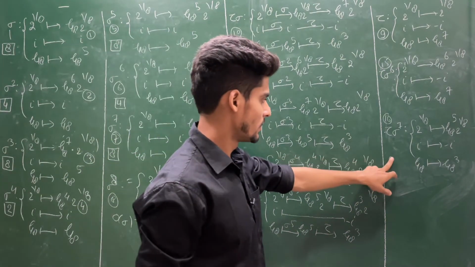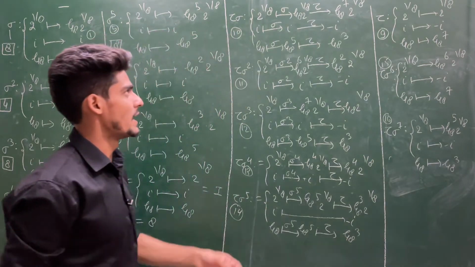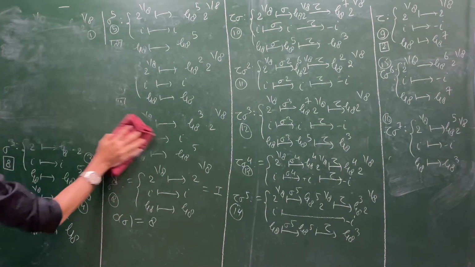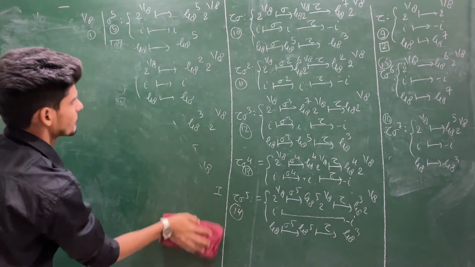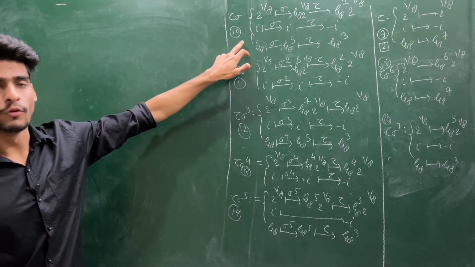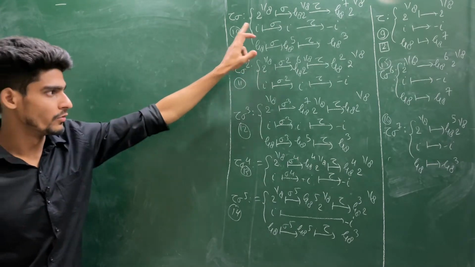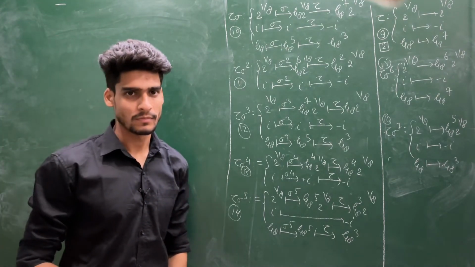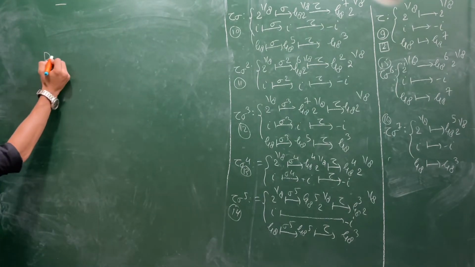Now let us observe the order of these elements. I keep this in front of you, so you keep this structure in mind. So before giving you the order of these elements, let us observe some more things. You know the structure of D8. D8, you can write in this format.